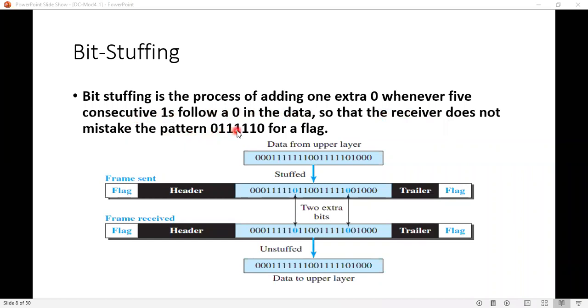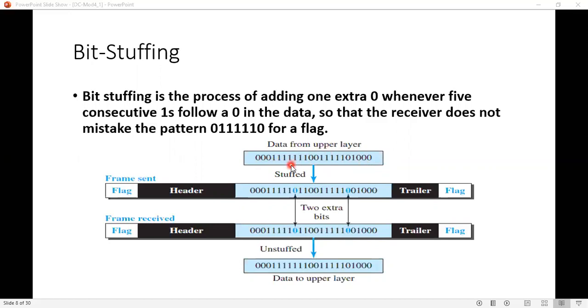0 followed by 5 ones for a flag. Okay, see, you have data from the upper layer. This is nothing but a sequence of bits there.